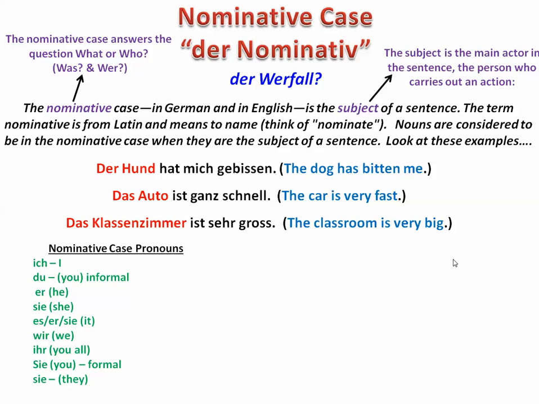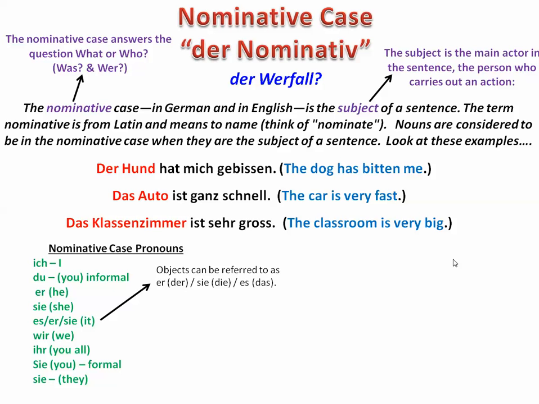Now in German, unlike, well, you also have this in English, but again, the differences you will see will be more extreme in German. We have nominative case pronouns. So we have ich for I, du for the informal you, which is also different from English because in English we only have one you, but in German they have a formal and an informal, just as they do in Spanish. Er, sie, and then for that third person singular, there's a little trick you need to know about, and